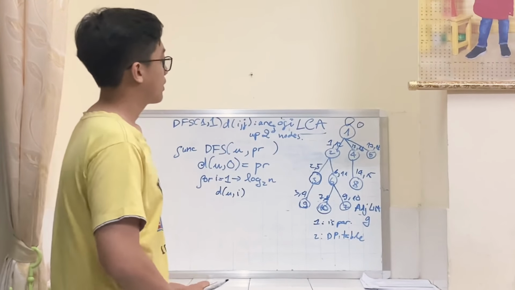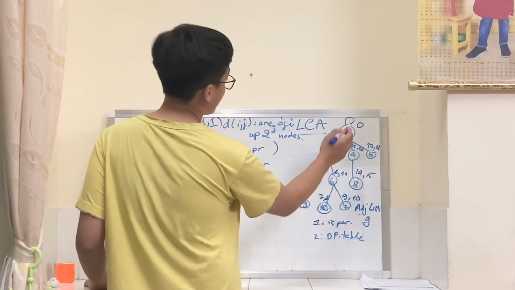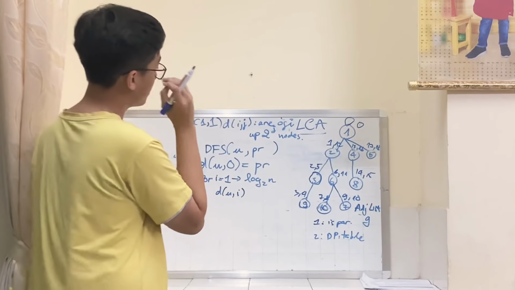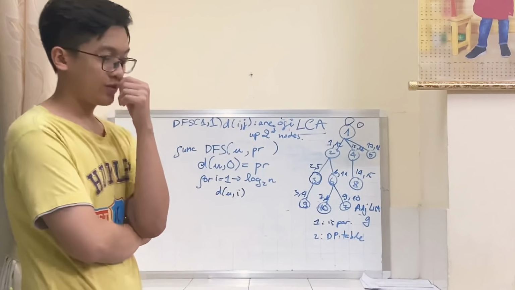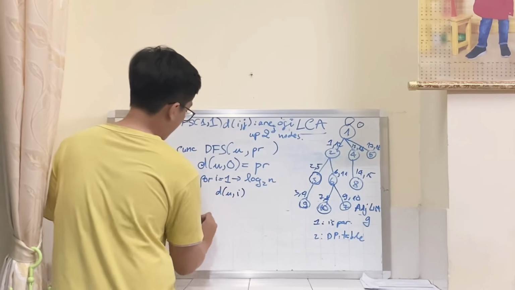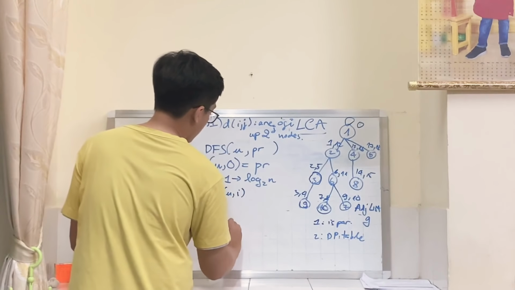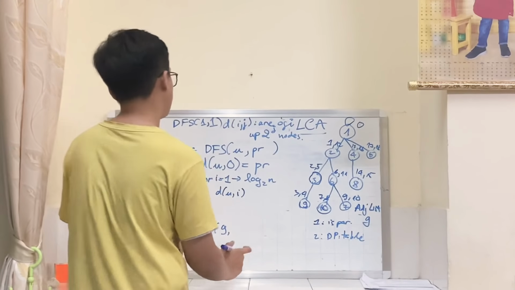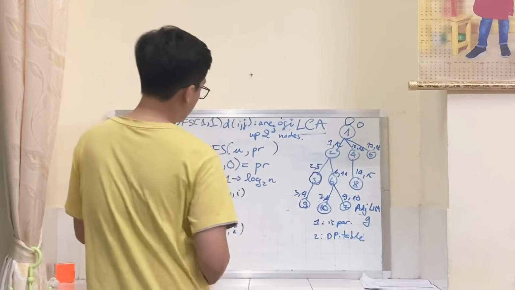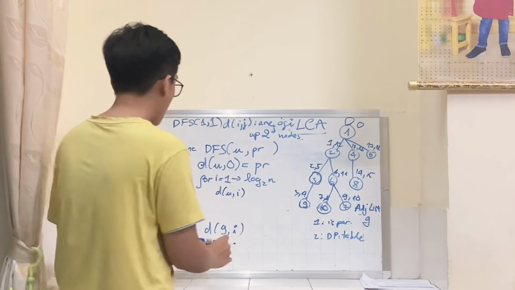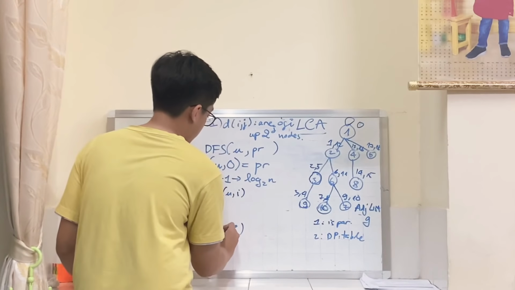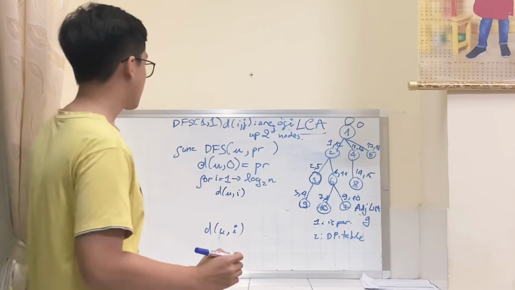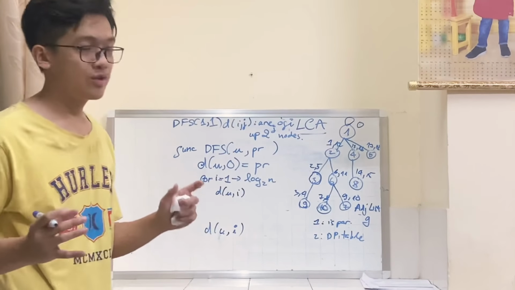For example, you want to calculate d[u][i]. Because you're using dynamic programming,